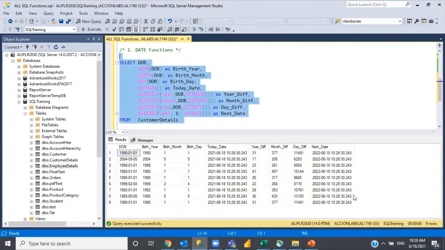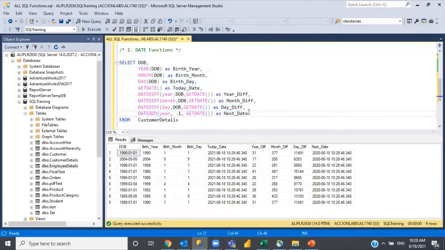So you see here, today is 18/6 and the next date it is giving me 2022/06/18. Okay. So it will give the next year. Suppose if you give -1 here, it will go back 1 year to the previous. Now you see here, it is giving me 2020. So in the same way, if you want to change this for month and day wise, you can just replace the year with the month or day. Okay. So just replace like this.